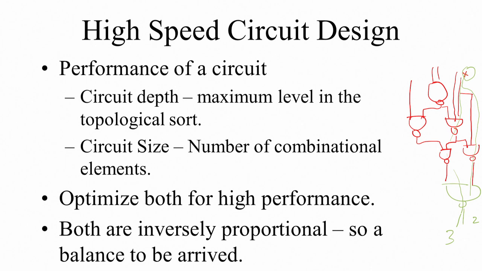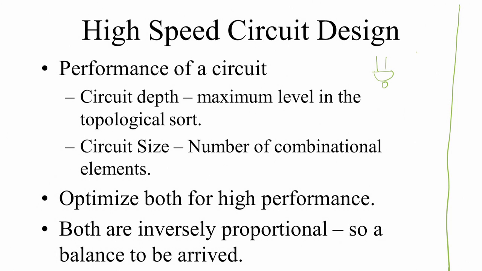So the depth of this input is 3, the depth of this input is 3, the depth of this input is 4, this is 4 and this is 3. So the entire depth of this circuit is now